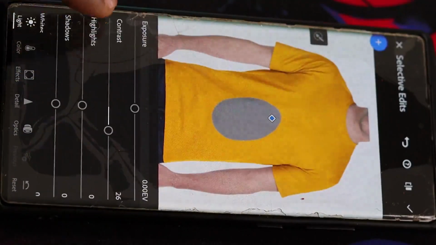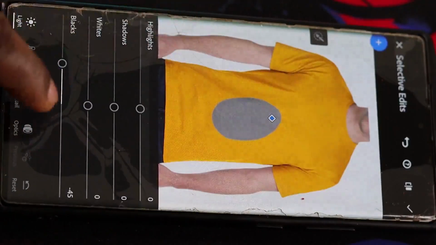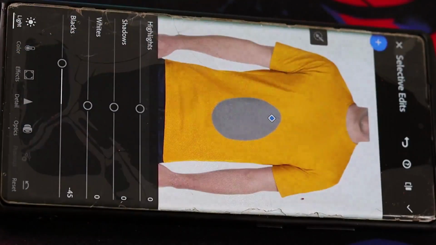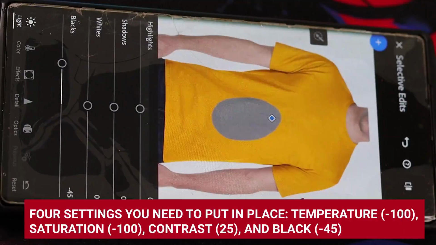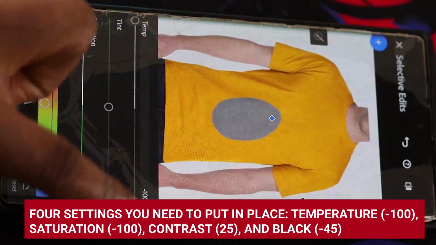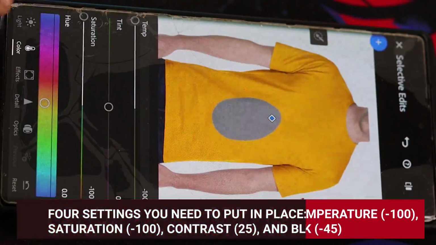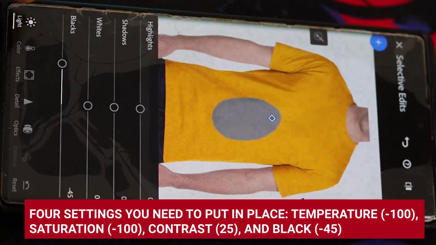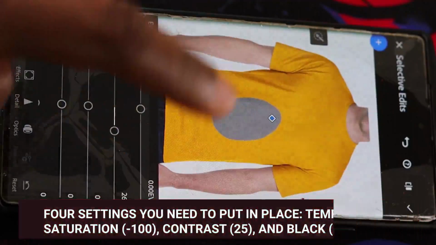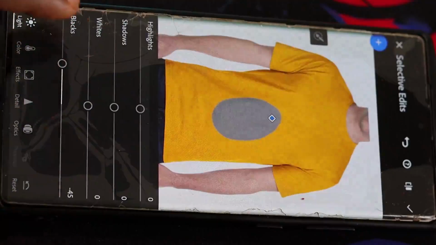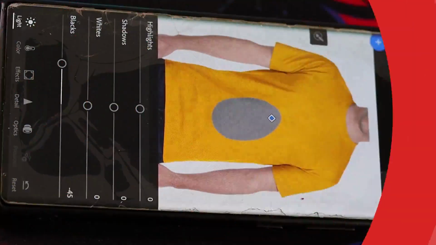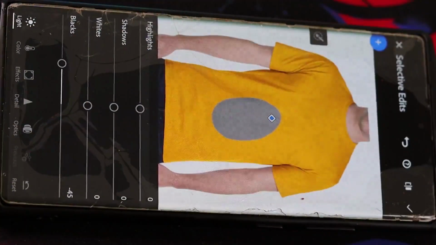We have our contrast to 26 and our blacks to 45. Now those are the 4 settings you have to put in place. The temperature, -100, saturation, -100. You go to lights here, you take your contrast to 26 and blacks to -45. Now that we've done that for the first settings,